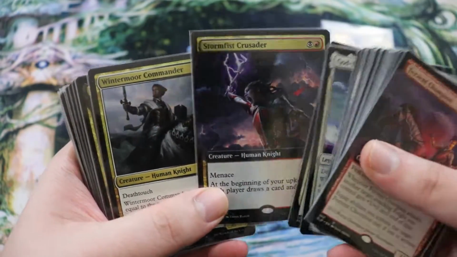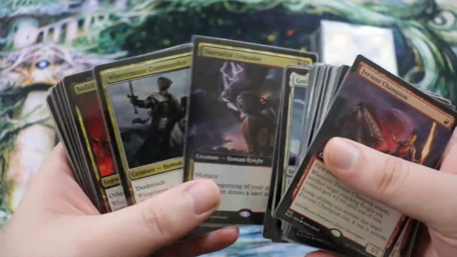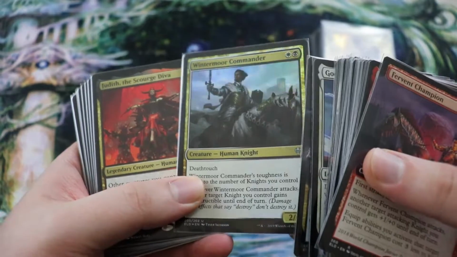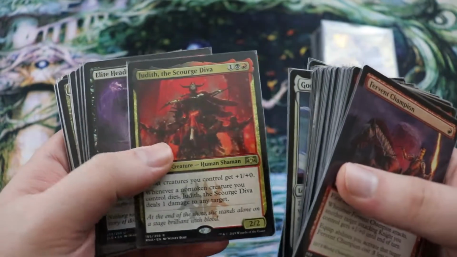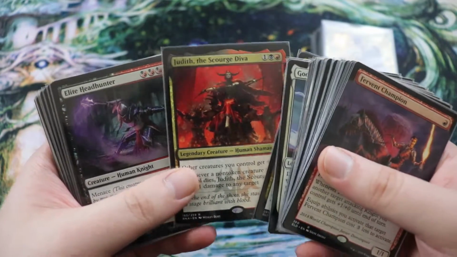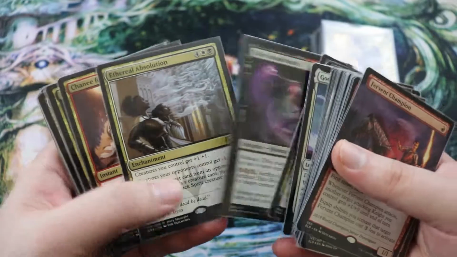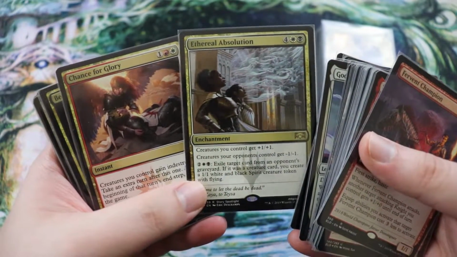We have a Stormfist Crusader, Wintermoor Commander. Some of the ones that are actually in this are foil versions here, so you can kind of see this one is a more foil version than the others. Judith the Scourge Diva would be good in this deck. Also came in the Corvault deck. And then we have some other ones, like I said, from War of the Spark and from the Ravnica sets,